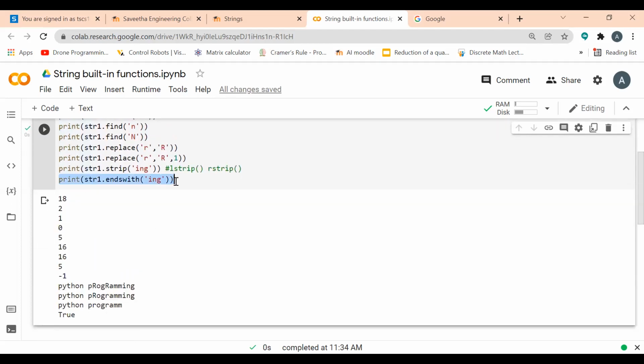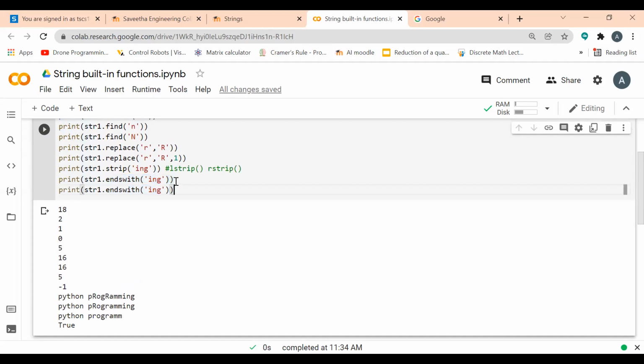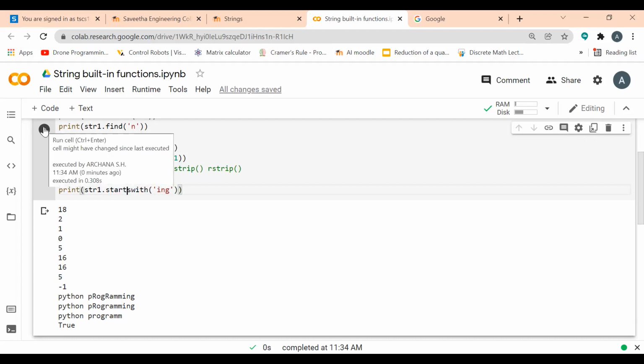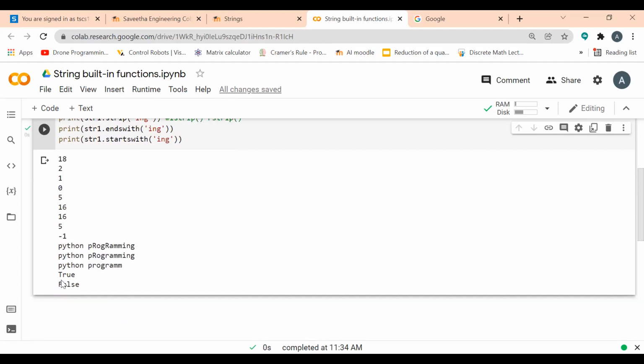I also have startswith. That means I'll check whether my string is starting with ing. If it is starting with ing, then it will return true, otherwise false. My string starts with Python, so there is no ing over there. My starting is py.